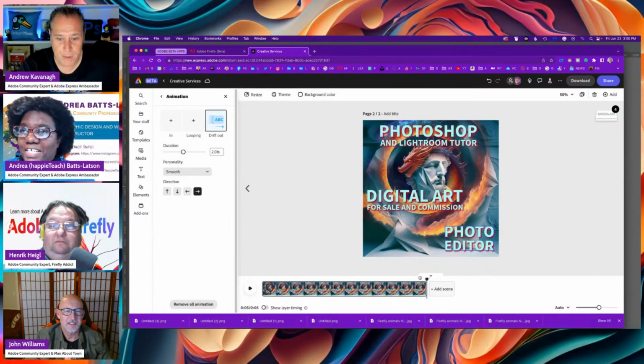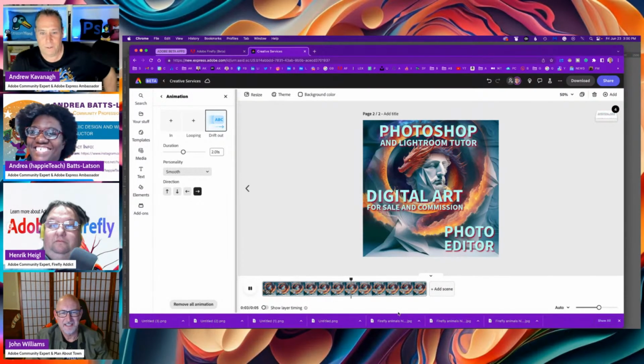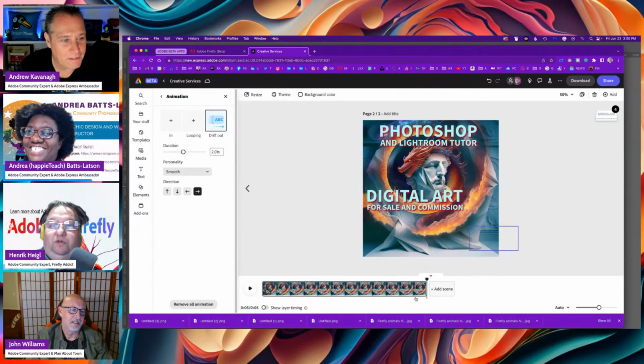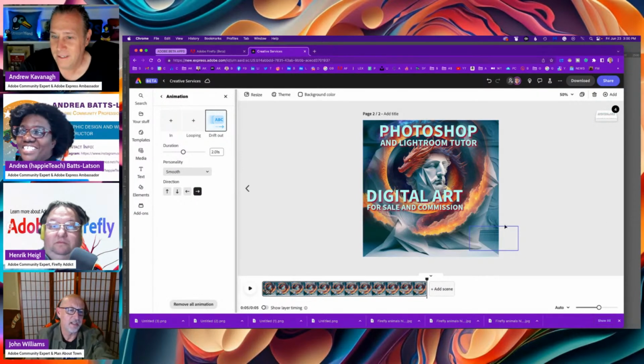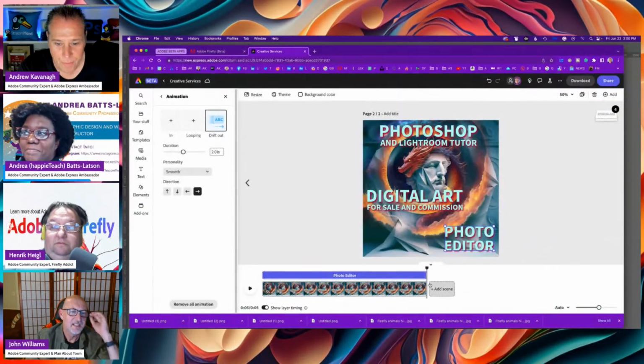So then I just bring it back, hit play. So those two come in, and then photo editor. Yeah, the only thing is photo editor takes a little time to think. But do what Andrea did and go down and click that. I'm just curious, Andrew. Show layer timing. Click what? Show layer timing. Toggle layer timing, below, bottom left. Show layer timing. Timelines. Yeah, so that's really good for also where if you think that the overall